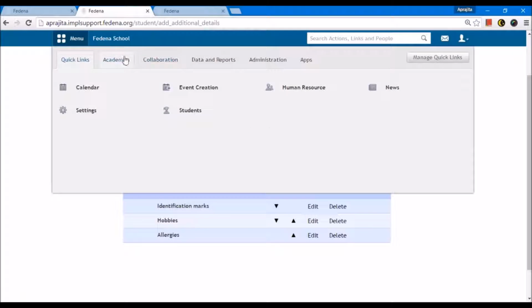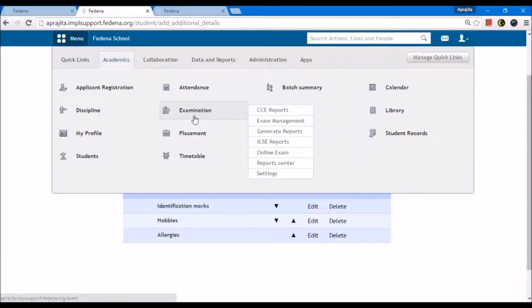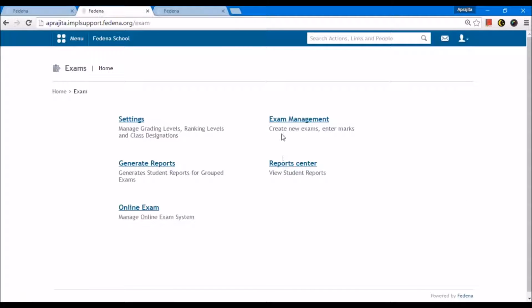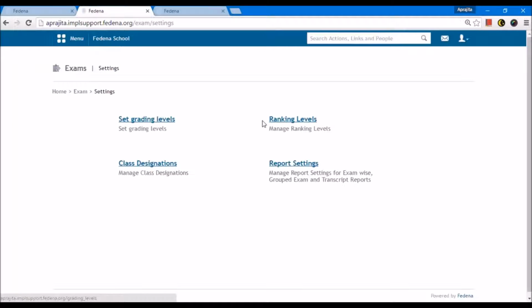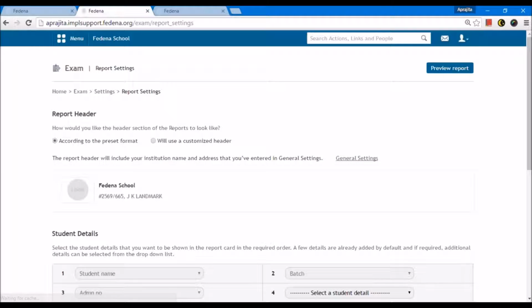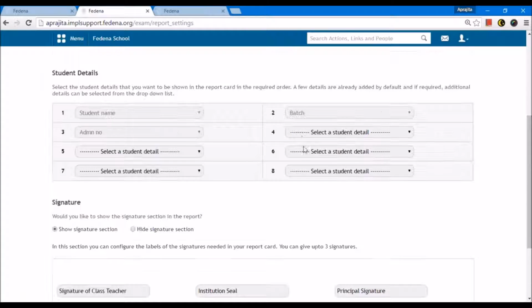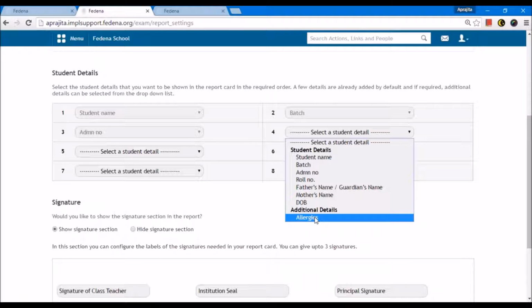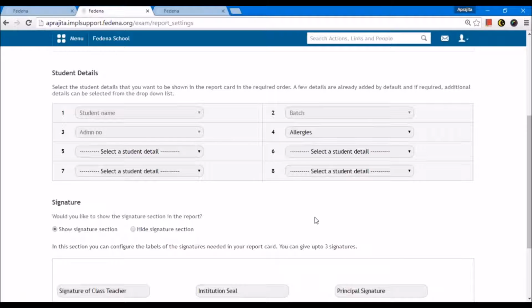So here, let's go to examination and settings, report settings. So here you will see additional detail is showing up as allergies. This is the one that I just created. So I'll select this, and any other additional detail that you want to put in here can be selected.